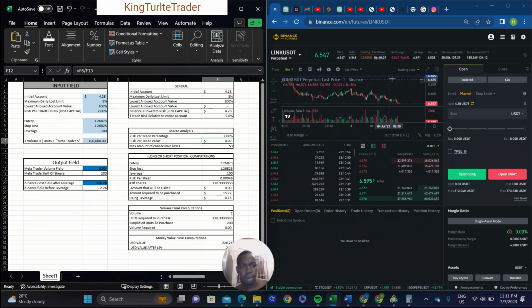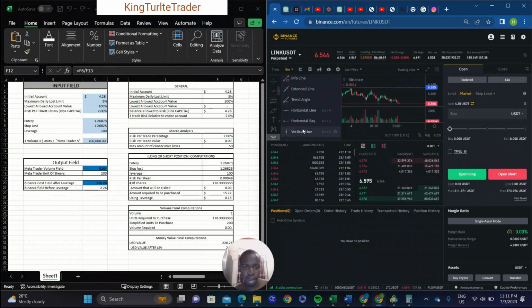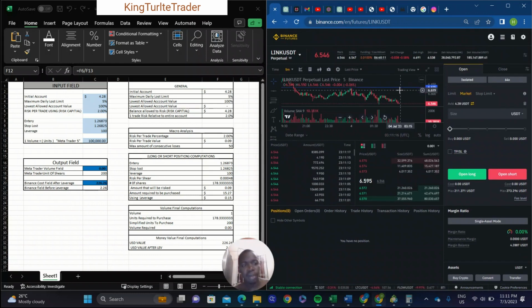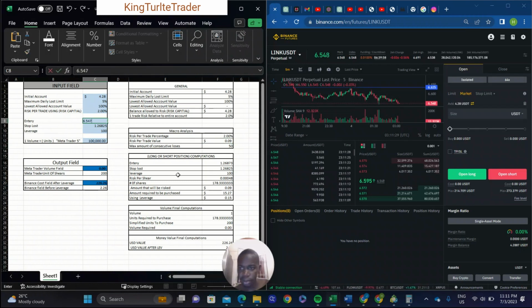Now, I want my stop loss. Alright, I want a horizontal line here, so I'm just going to use it, right? Now, because I come in here, because I'm zoomed in, it's a little more congested, but just scroll around and you get the horizontal line. Wait on. Horizontal line, give me more value here. So I say entry is 6.547, stop loss is 6.3635,